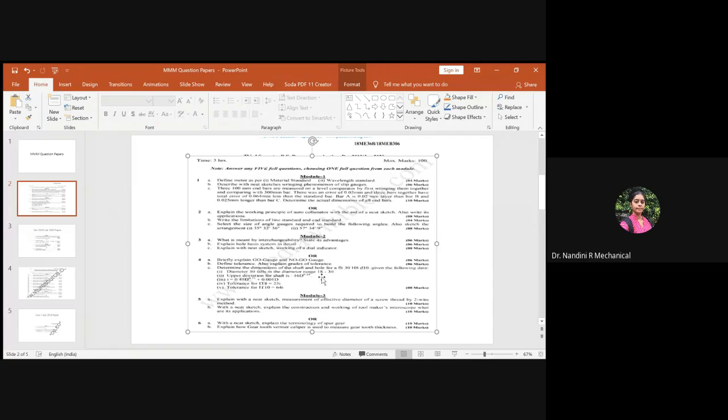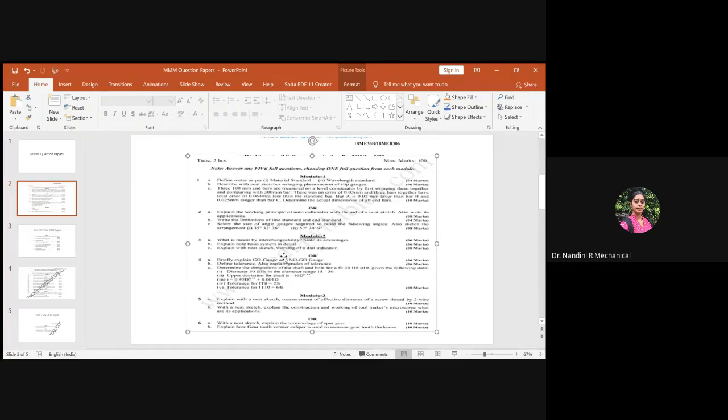So by default, you'll be getting one numerical. So you should get prepared for solving the problems. You'll be having one question related to theory, and the other question will have a numerical part. It could be for 8 or 10 marks. In this pattern, they have asked you for 8 marks, the shaft basis design problem. Along with that, you have a theory part over here.